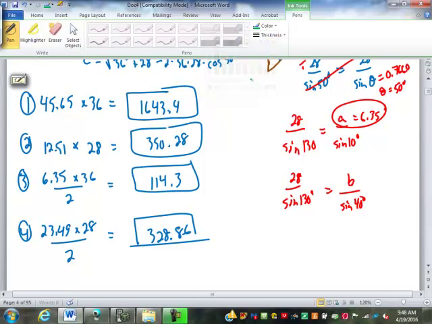So if we add those all up, we get 2,436.84